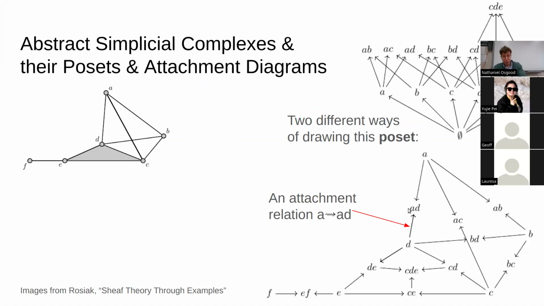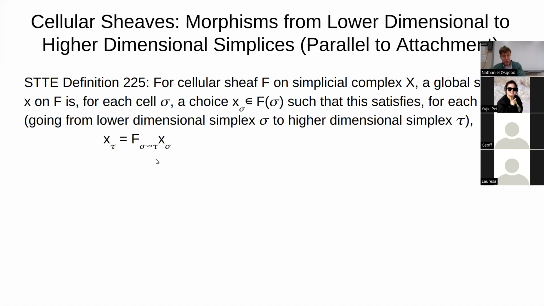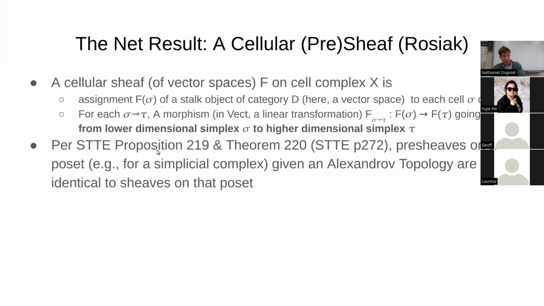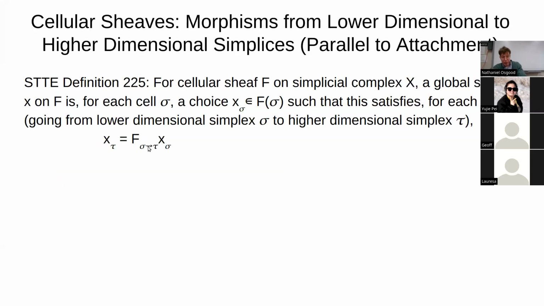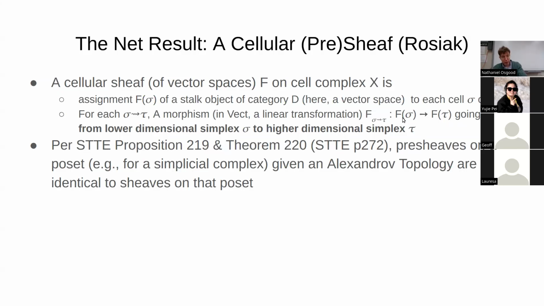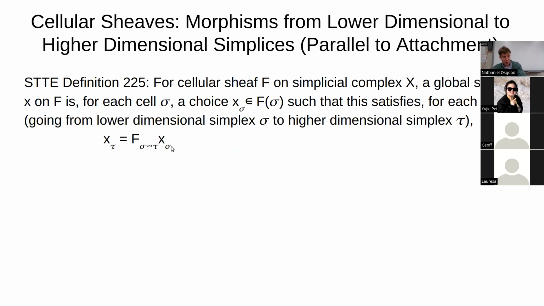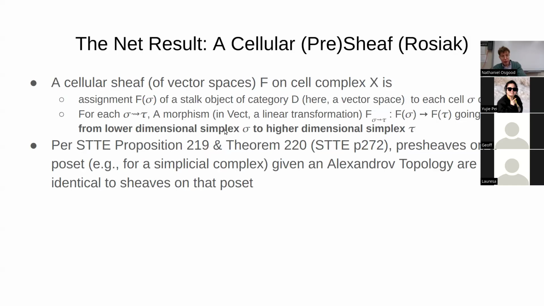So this thing here, a possible value assigned to it, is equal to some map, this map here, mapping from a value for this to that equal to this. So whatever value we assign to this, if we translate it into a value for tau, we have to get the value for tau. Now, you'll notice that I, following Rosiak, have written this in a very suggestive way, because